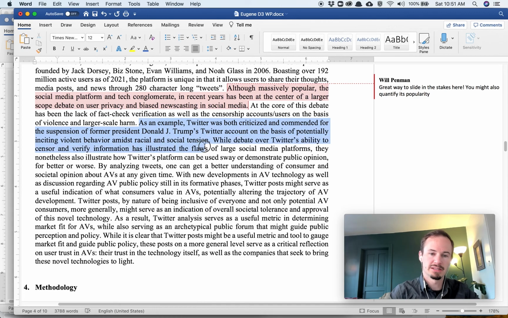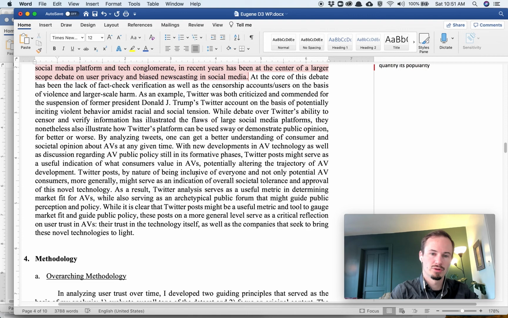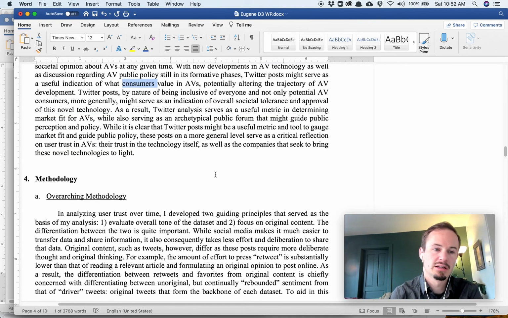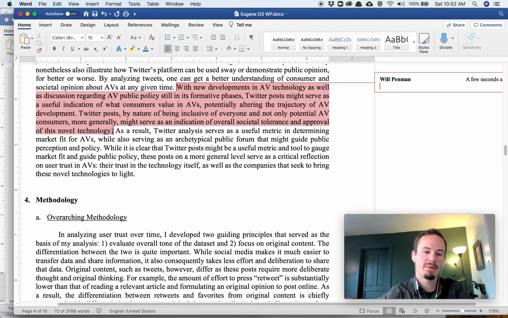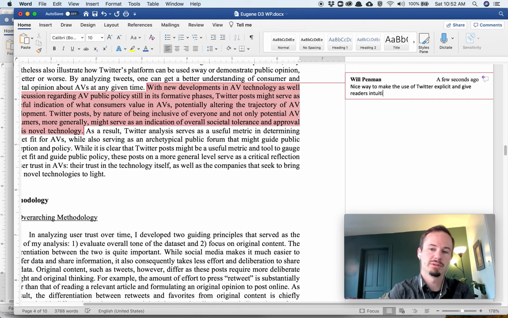And so he's giving us some detail here. I'm deciding whether to kind of suggest adding more here, or maybe just kind of. Okay, so now he's moving into trying to give us a heuristic sense of why Twitter. Like, what's the value here? And so he's basically saying we can view it as consumers. Okay, so in fact, I'm going to synthesize that well. And then he adds a second piece here, which is that, oh, well, maybe this is societal tolerance and approval. These are a nice way to make the use of Twitter explicit and give readers intuition on why it could be useful. So I'm doing a little bit of affirmation there, and then